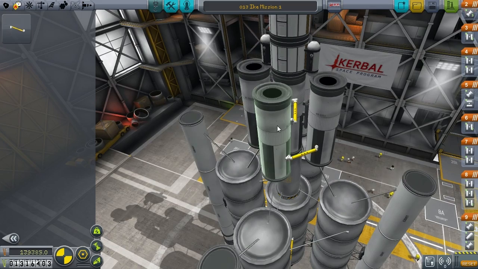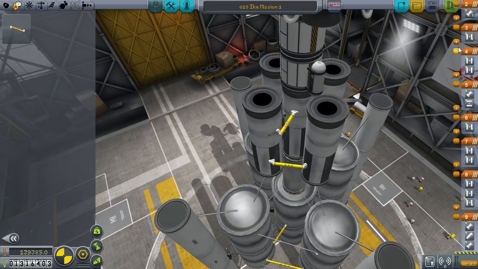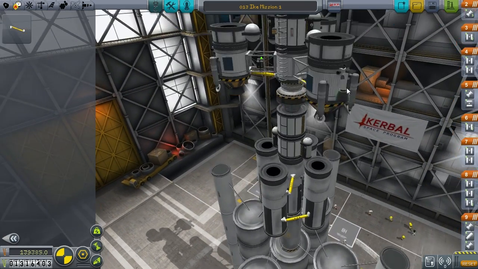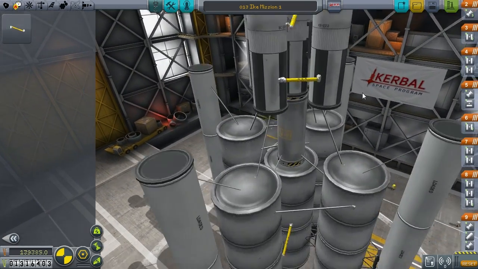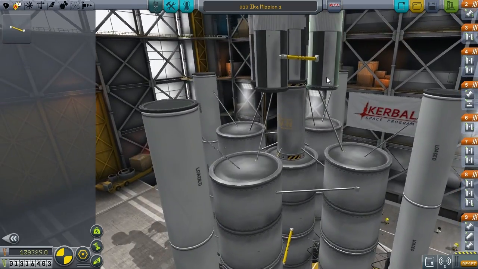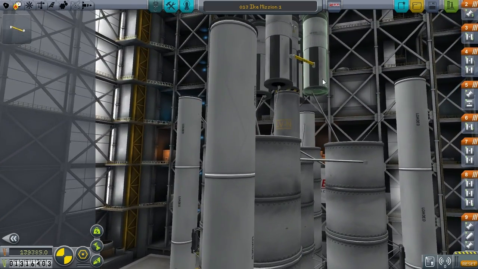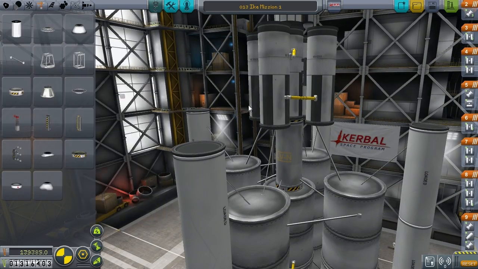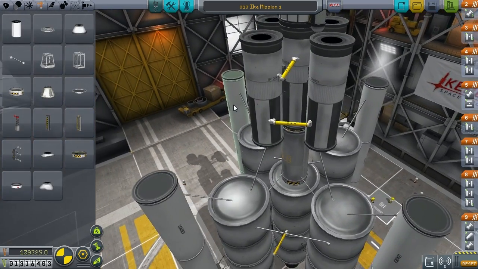And then when these burn out here, we want to drop those 2. And then we'll be on the center tank. And that will be all for that. Okay, now we want to stabilize this guy. Okay, the struts already are going up to these tanks, so that's nice. More struts though. We need to kind of...